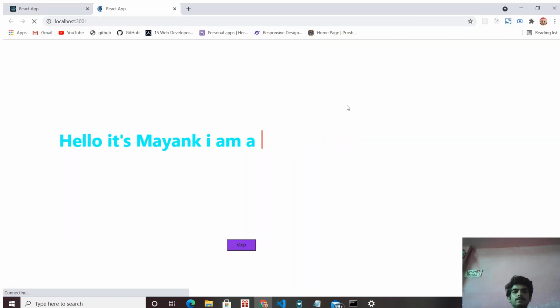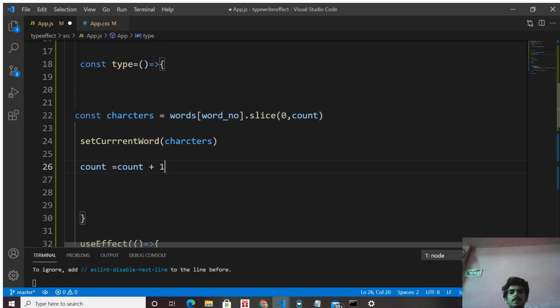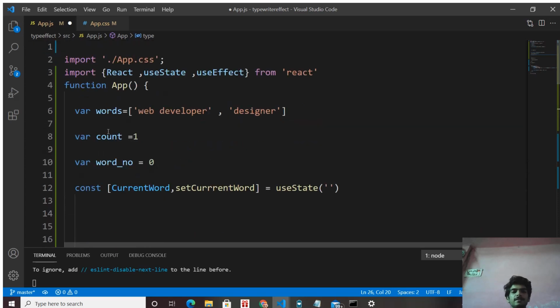Here, it is going to print each character of the current word, and after the characters of the first word get printed, it stops, but actually it does not stop. See, initially the count value is 1, but when the type function runs again after 350 milliseconds, the count value becomes 2, and at this call the slice function is going to extract two characters of the current word. Okay, so what is the current word? Current word is web developer.